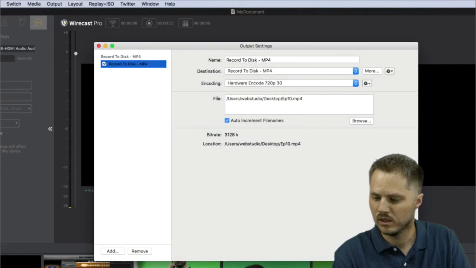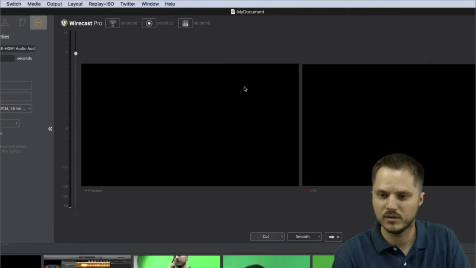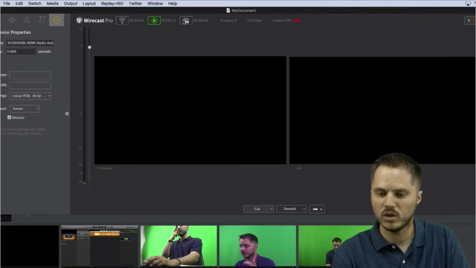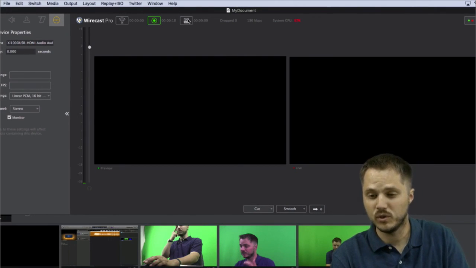So we're going to hit OK. We'll save that. Let's see how much that lowers our CPU. It should lower by 10% or so. All right, yeah, so 10% or so system CPU. That definitely saved us some work there. We can also add in the ISO, so now if we want to add the ISO, you would do that.